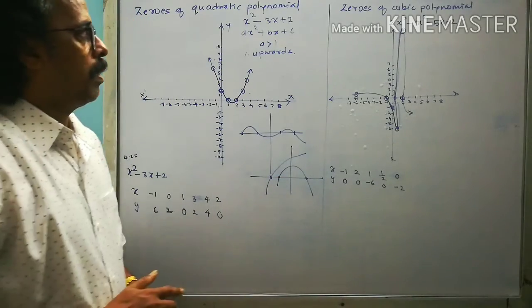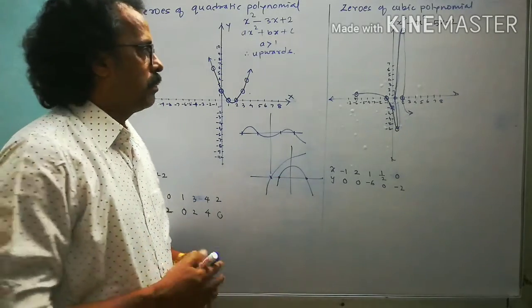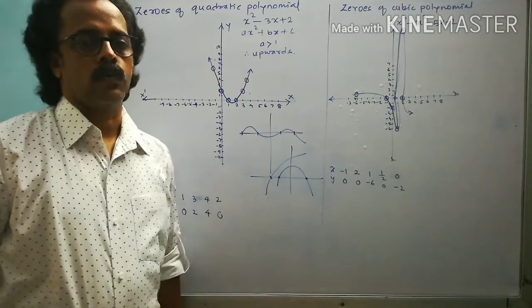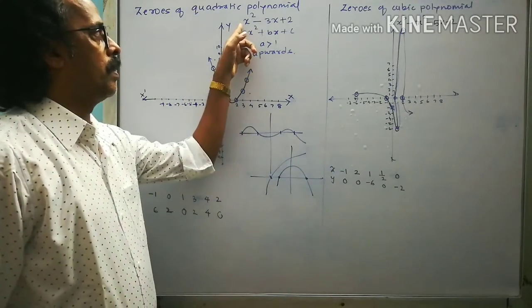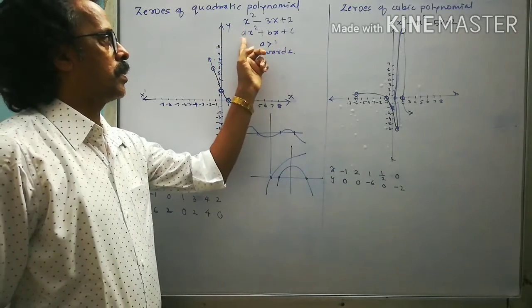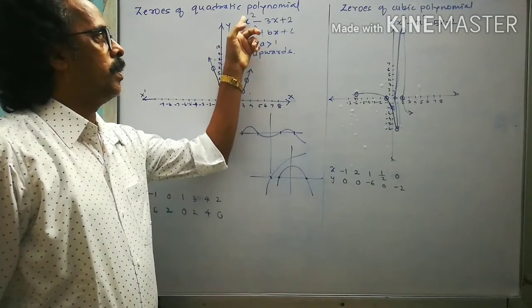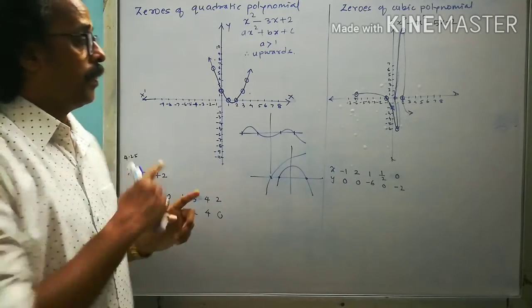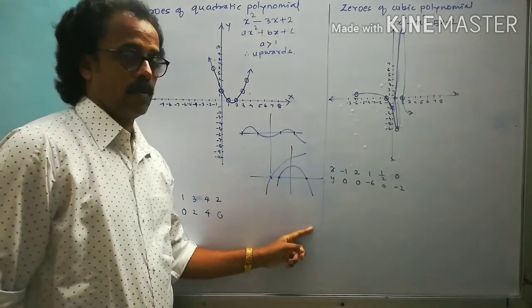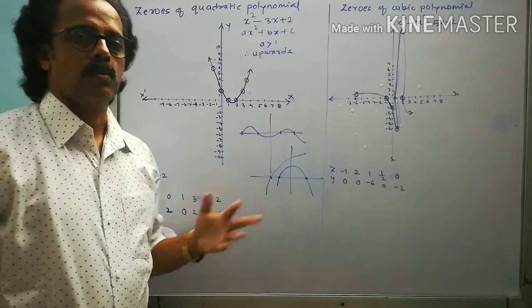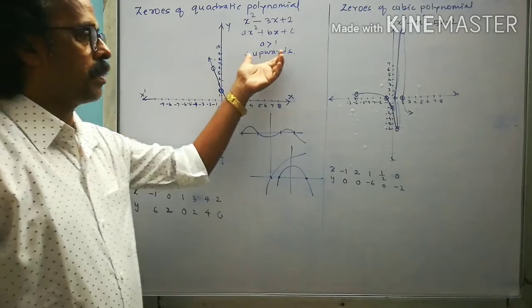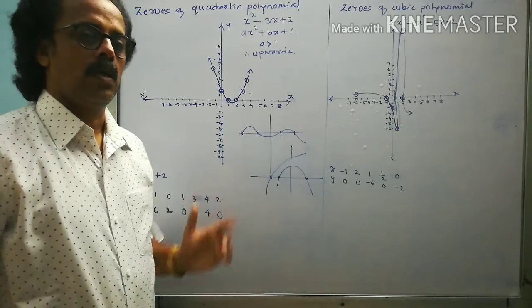One more thing: sometimes by chance they ask whether the given curve is upward or downward. It depends upon the value of a. If I compare this with the equation ax square plus bx plus c, if a is greater than 0, then it is upward. But if a is less than 0, then it is downward, like this curve you will get. So that is an extra additional question if they ask. That is knowledge oriented. That is the reason I just explained the concept of what we call an upward and downward curve.